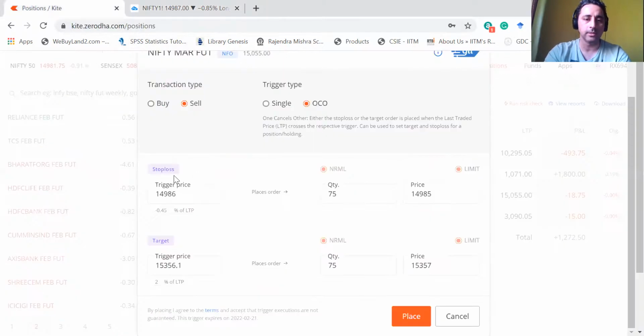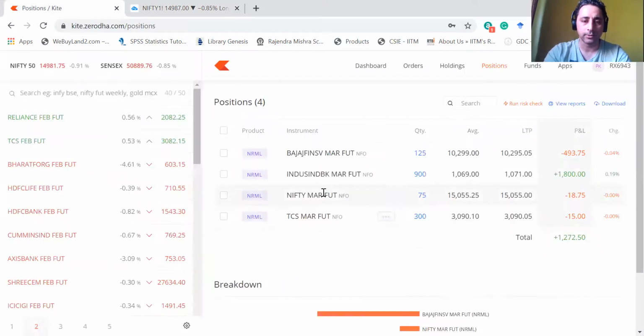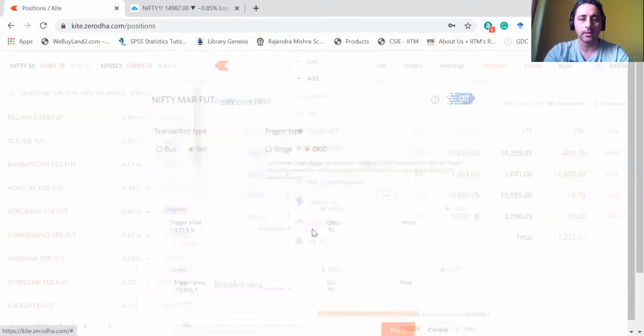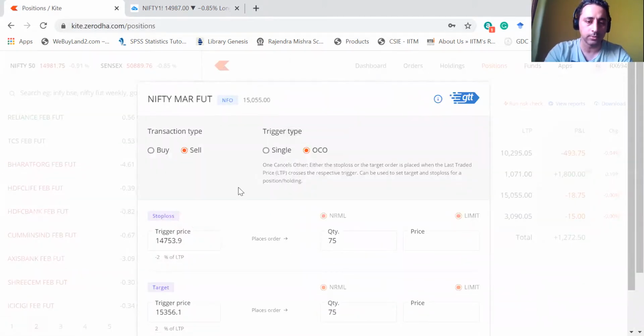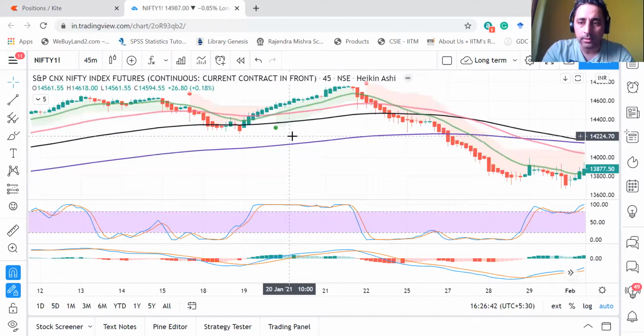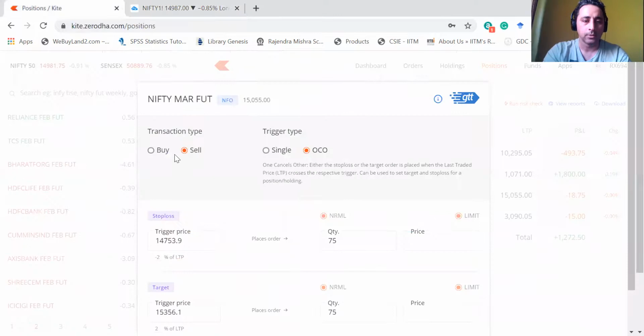So I go to my GTT, which I have here, which I click on this. This is Nifty March future. Assume this is February future. Let's assume that. You have to take it in the same asset. Create GTT. I already have a GTT. I'm just showing you how you do it. So the level that we have decided is 14,224, let's say. So I keep